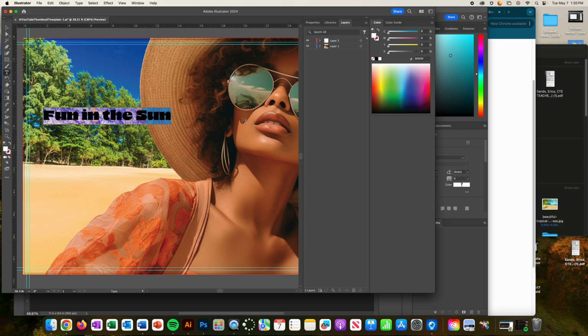Okay, so I've got my fun in the sun. I like the way it looks, so I'm going to go ahead and keep it that way. If I wanted to add a drop shadow or something, I could do that. I can show you how to do it inside of